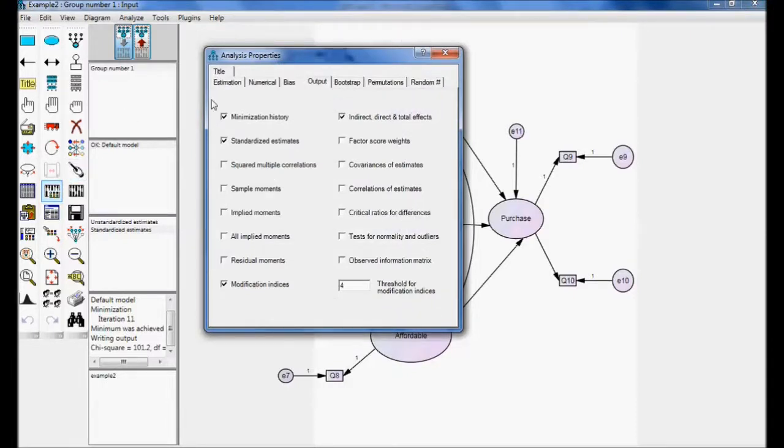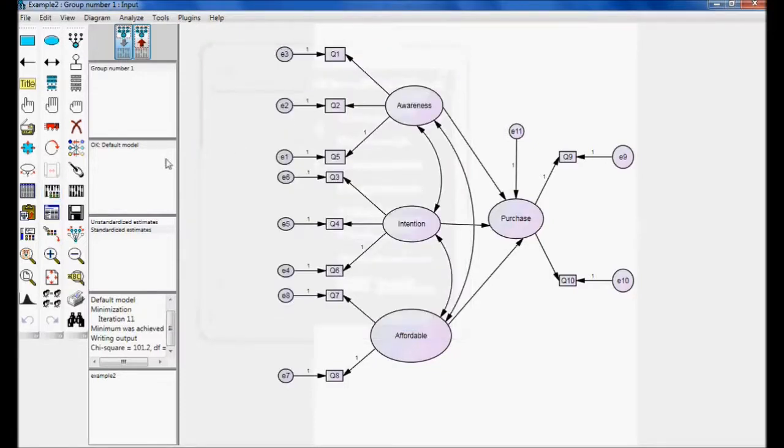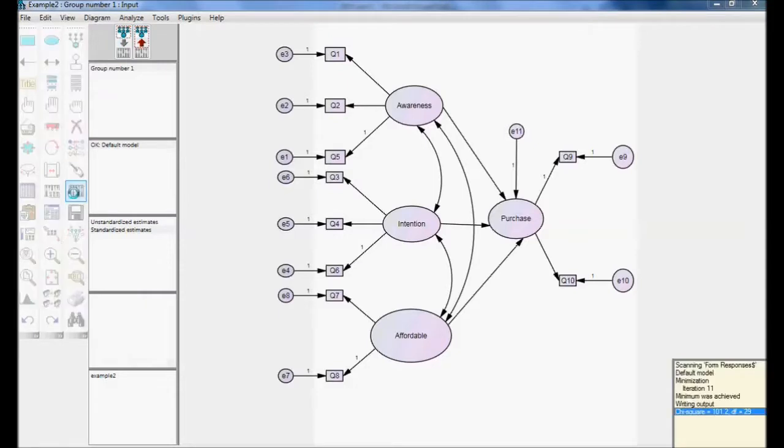In analysis properties, I have different tabs. I have the output tab. In this, check the modification indices box, and the threshold for modification indices is 4. I'll explain what this is as we go. So I am checking modification indices and closing the window. Let me calculate estimates.